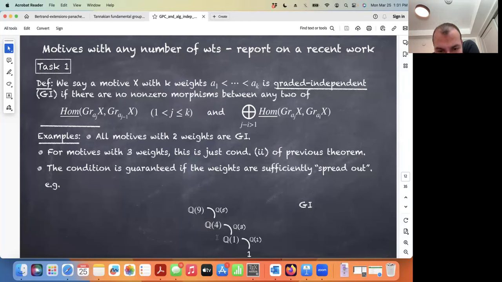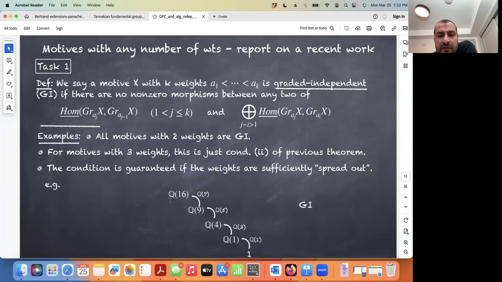And now if I look at everything else, then, okay, so this gives me a Q4, Q8, and then this one a Q9, and nothing in common. So anything which has these four things as its graded pieces is graded independent. Let's add Q16 also as a graded piece. Now again, this is graded independent. So you've got Q1, 3, 5, 7 as these things. And then everything else that you'll have, there's no way to get any of these ones by looking at Homs